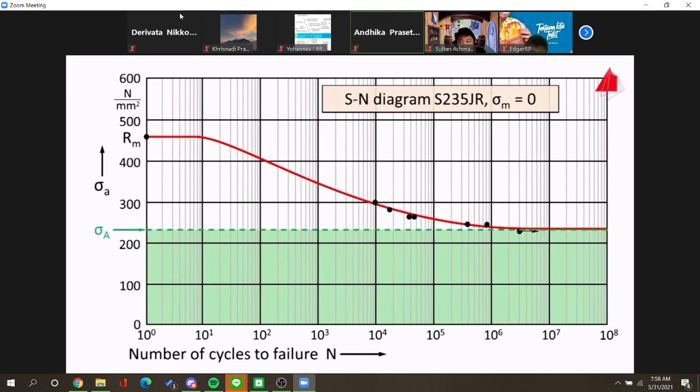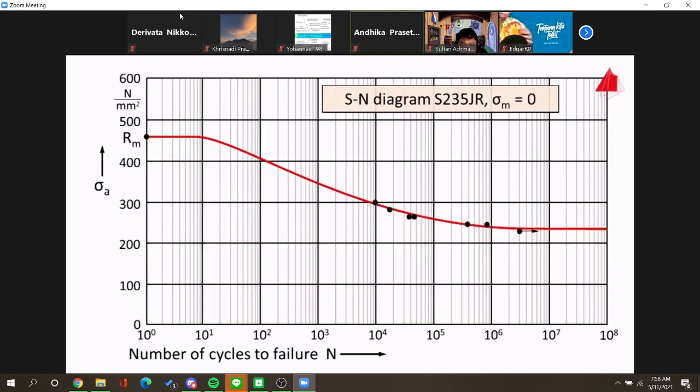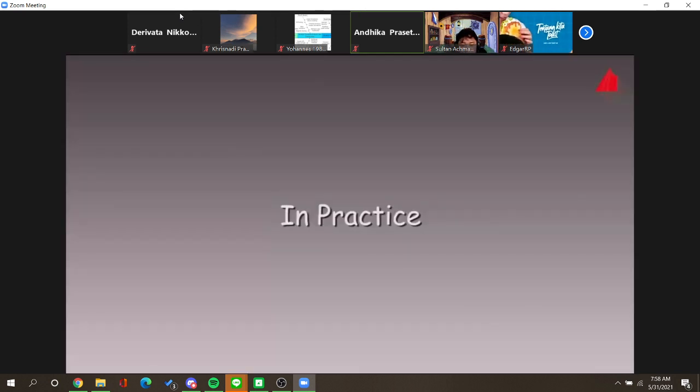It must be noted that the experimental results scatter considerably. Therefore, instead of a sharp curve, a statistically defined scatter band is commonly used. Of course, most users don't load